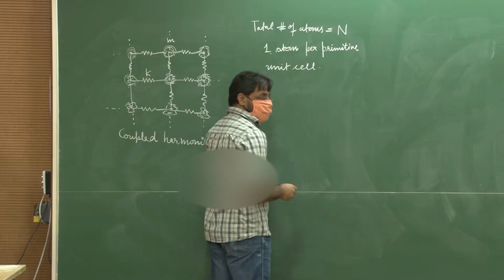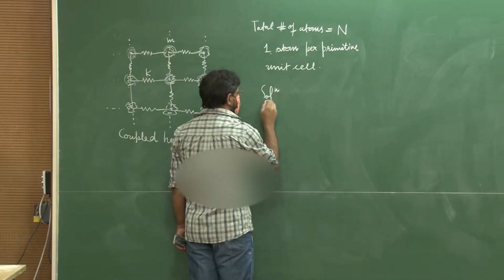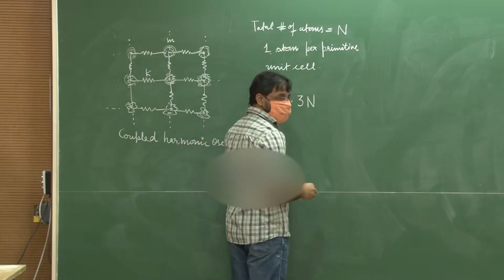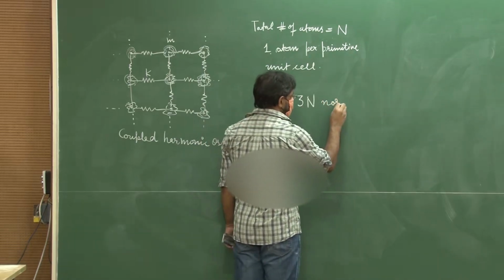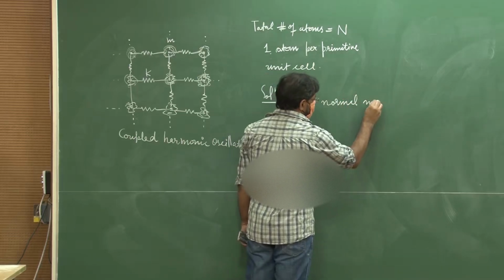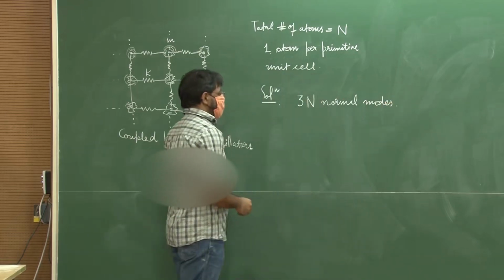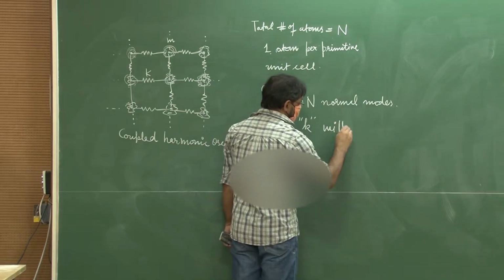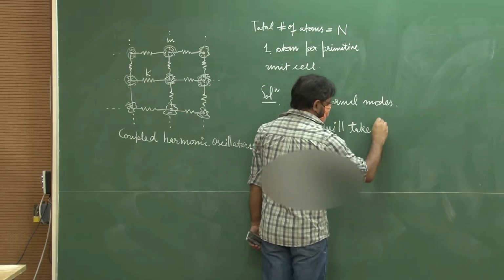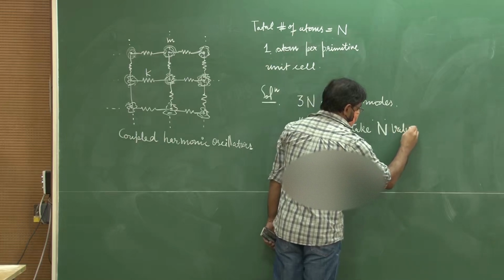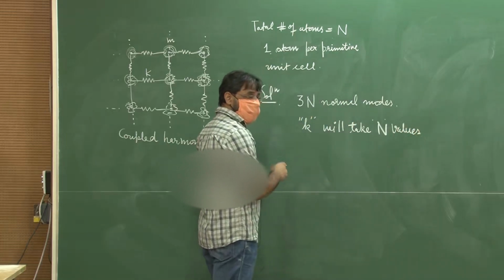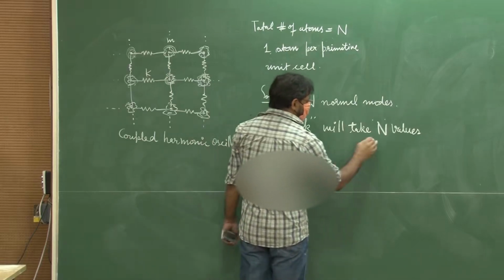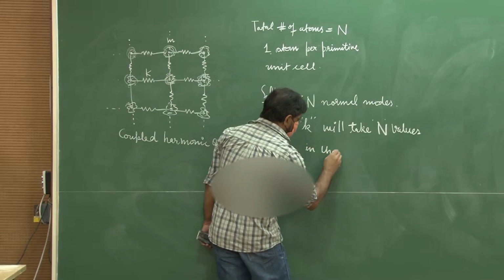So what was the solution? So the solution is that you will have 3n normal modes, right? 3n normal modes, right? And we will have k, which is the wave vector. K will take n values in the primitive cell of the reciprocal lattice, Wigner-Seitz cell of the reciprocal lattice, which is called the Brillouin zone. So k will take n values in the Brillouin zone,